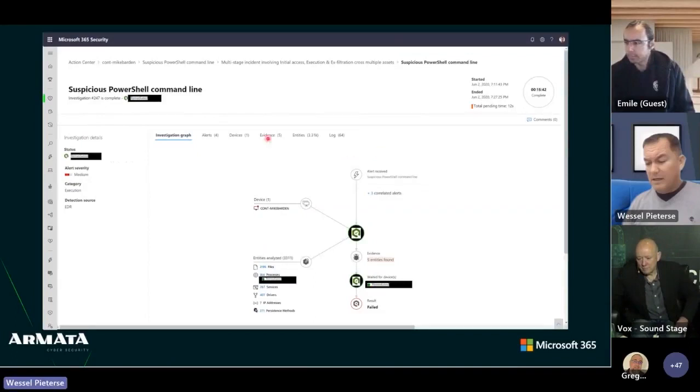The second last thing that I just want to talk to you about is our unified investigations pane. And this is really where we can take that same incident and put it into a graphical format. So again, we can see the same amount of alerts, we can see the devices, but oftentimes when we start visualizing it, we can say, okay, the attack happened through this port on this firewall or through this endpoint, and then it compromised this identity, then it went laterally and it compromised